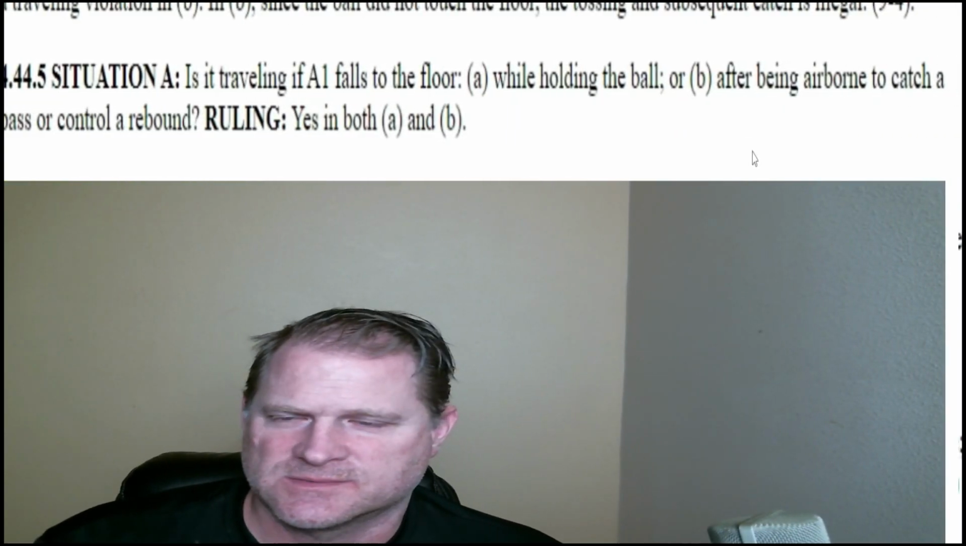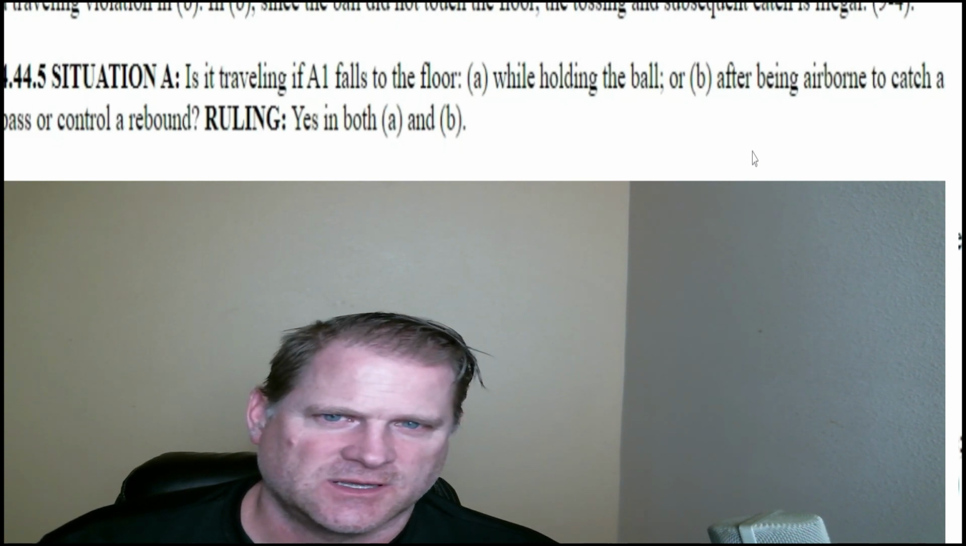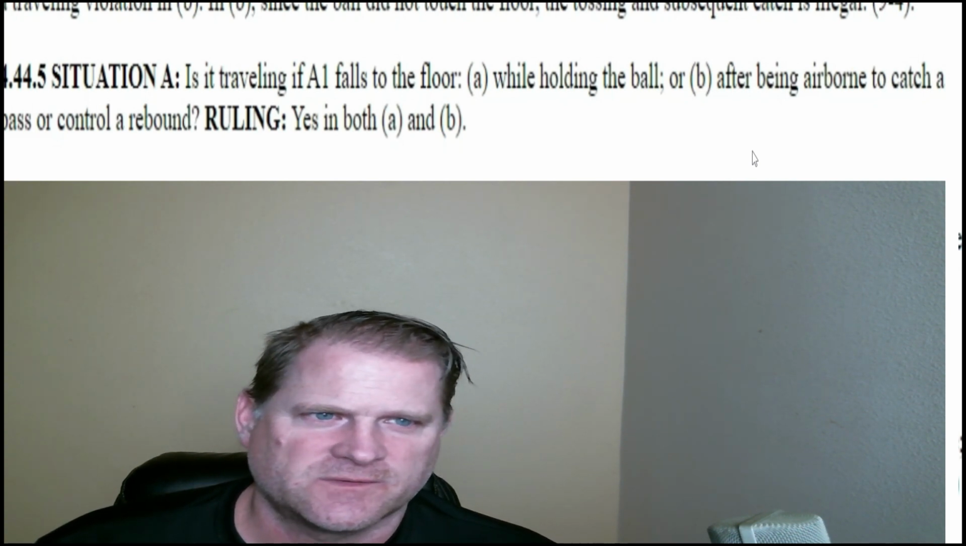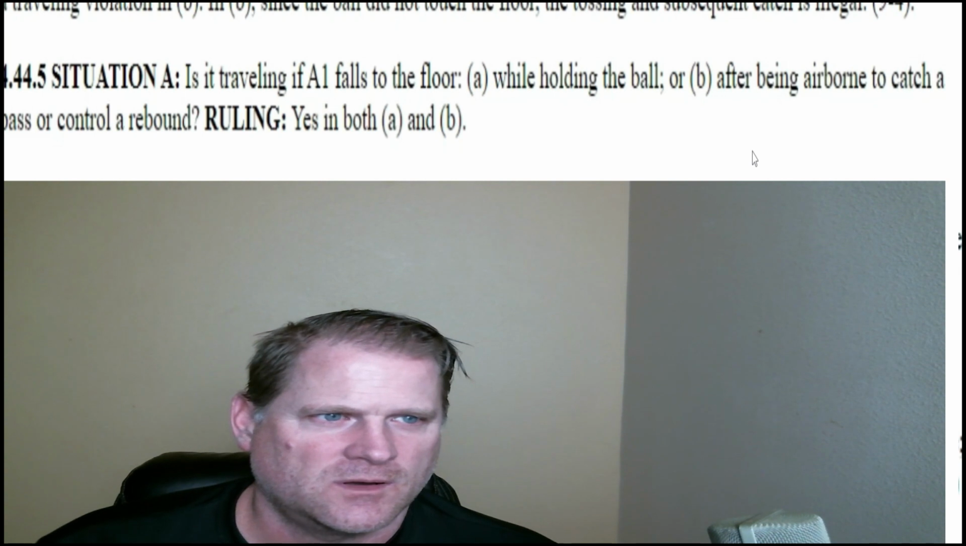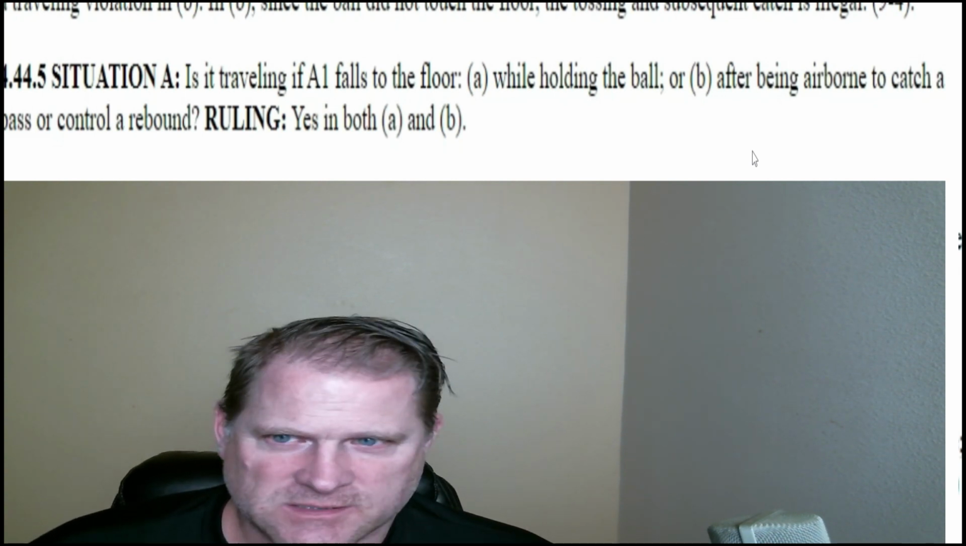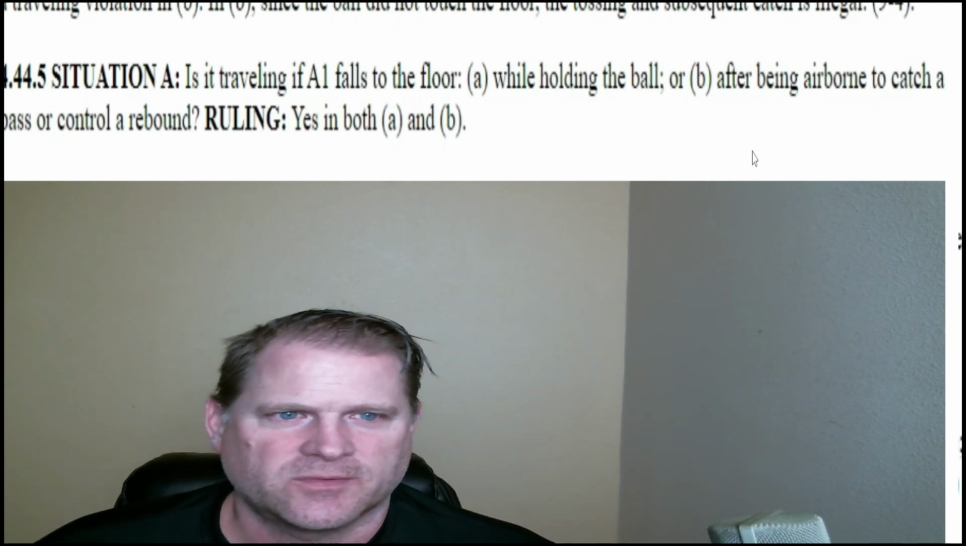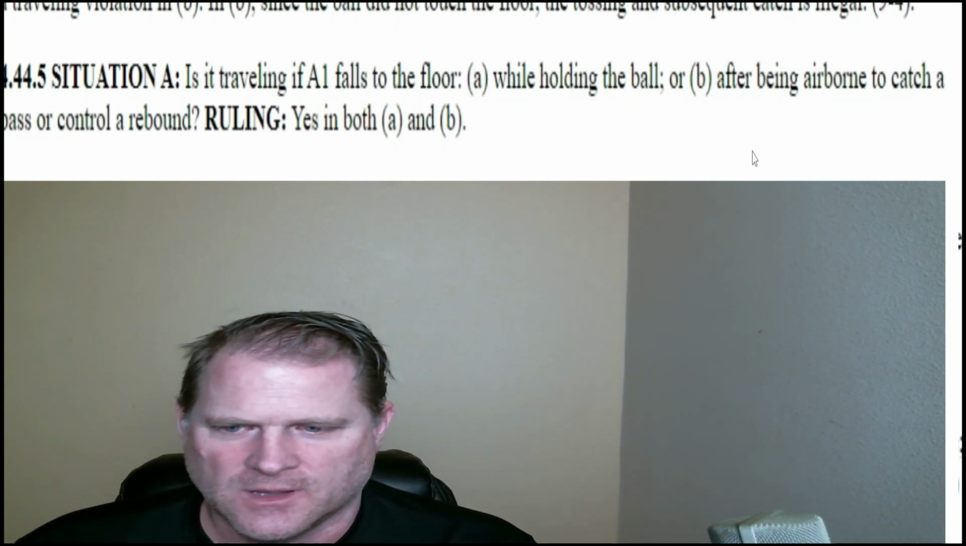Okay, let's look at some situations here. 4.44.5 situation A. Is it traveling if A1 falls to the floor, A, while holding the ball, or B, after being airborne to catch a pass or control a rebound? Ruling: yes in both A and B. Okay, however, let's move on to